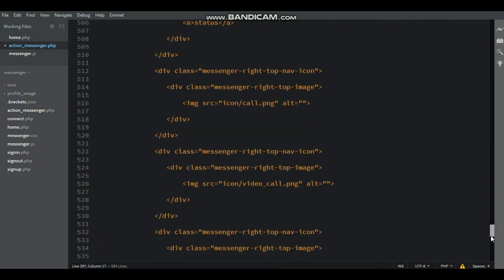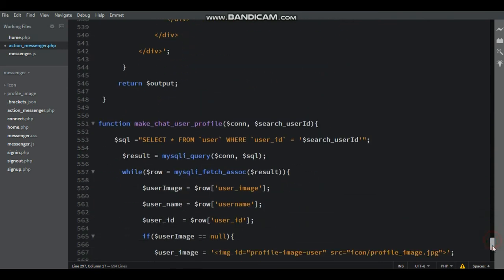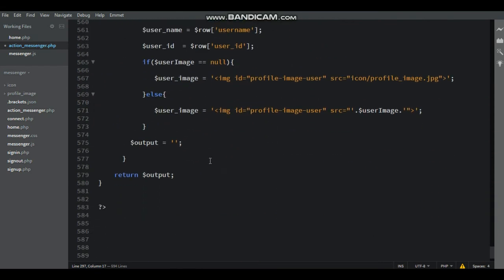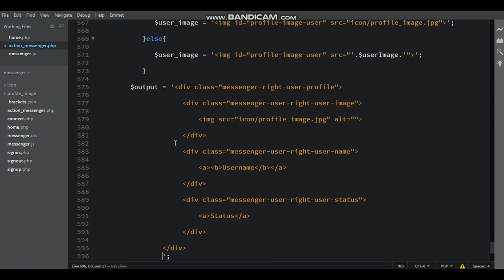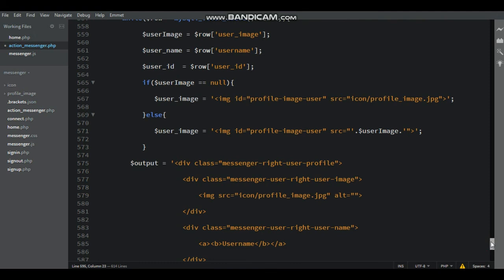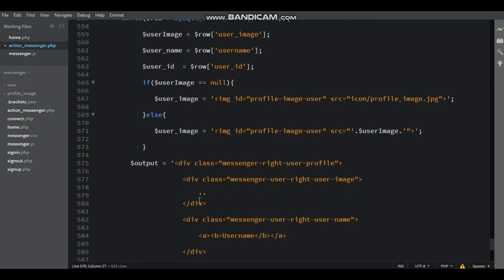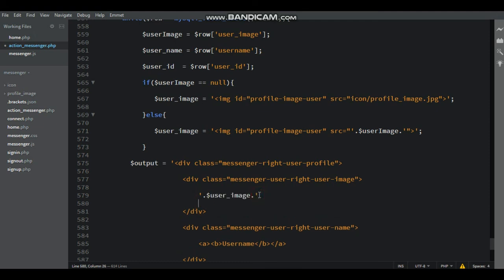Here paste inside the output equal to single quotes, paste it. Now here paste the user image, just copy the $user_image, paste inside the messenger user right user image inside the single quotes using concatenate.